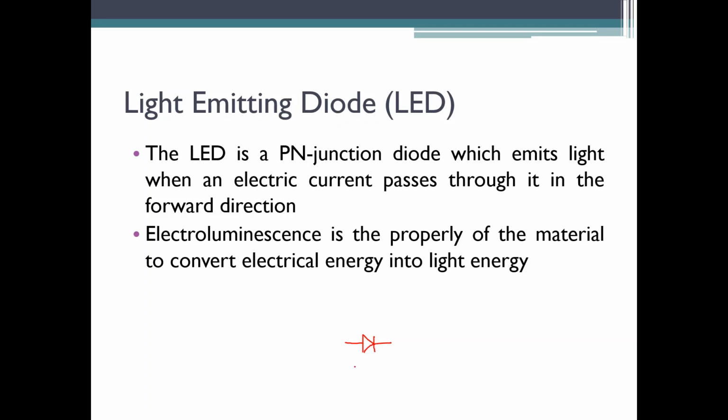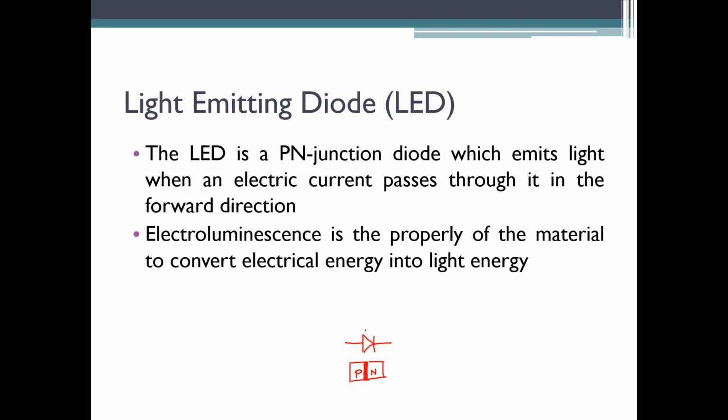So it's a PN junction. It is made up of a P material and a N material. So this is P material and this is N material with the depletion layer in between. As I said, P material will have holes as the majority carriers and N material will have electrons as the majority carriers. It's made up of silicon and, based on the manufacturing method, we make it P type or N type material.